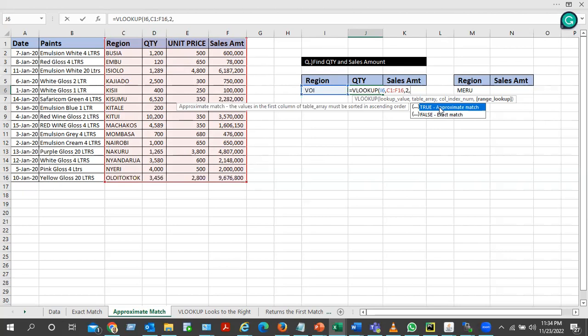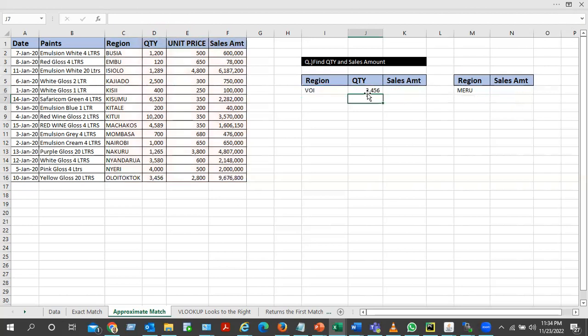We are now supposed to give not an exact match but an approximate match. Under approximate match you can select it by double-clicking or give 1, then close your parenthesis and hit enter. So you can see, if we had a value like V, the quantity could have been maybe 3456, and 3456 is because V is below O, and